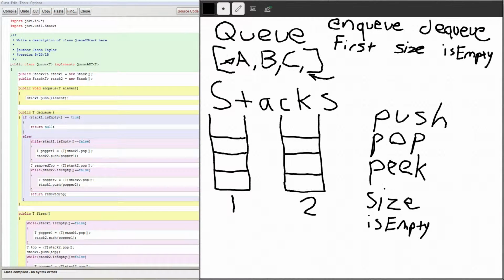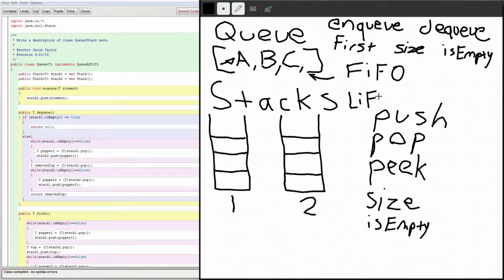Now, the first thing we need to do is understand how a queue works. A queue is a first in, first out collection, which means elements are added from the in here behind this element C and removed from here. So think of it as a line, as in the first person there will be the first person to get out, first come first serve, whereas a stack is a last in